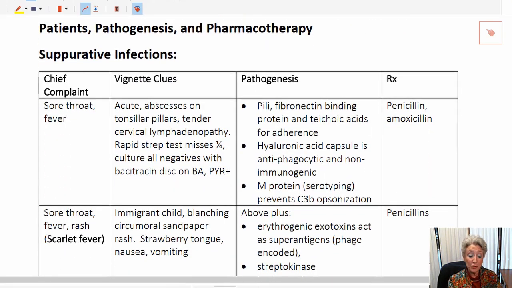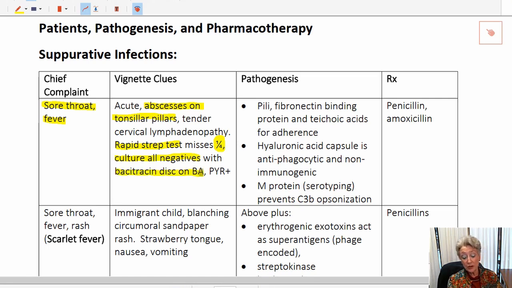If we think about what the patients can look like, an acutely sore throat and fever, this is strep throat, streptococcal pharyngitis. So realize because it's an extracellular infection, I'm going to see abscesses on the tonsillar pillars, I'm going to have local lymphadenopathy, and I'm going to perform a rapid strep test, which is only good to a point. It will miss about 1/4 of the infections that are actually truly there. And so what I have to do is culture anything that got me a negative result. I have to culture it on blood agar,